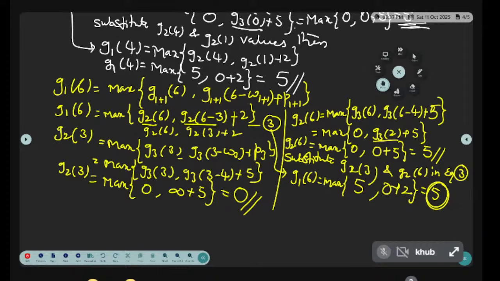G2 of 6 5, 5, 0 + 2, ఇది G1 of 6 వచ్చింది. G1 of 4 వాల్యూ కూడా వచ్చింది. ఈ రెండింటిని దాంట్లో సబ్స్టిట్యూట్ చేస్తే నాకు G0 of 6